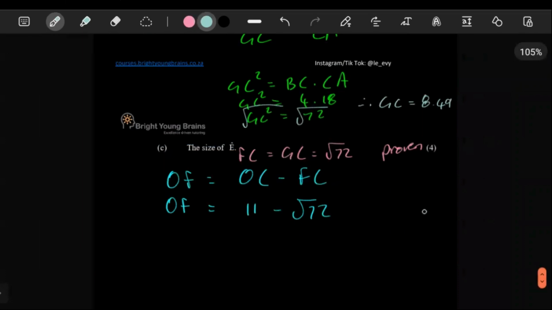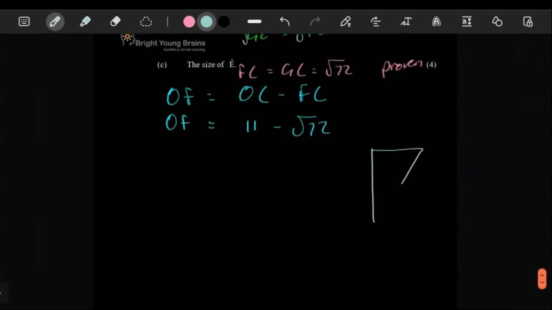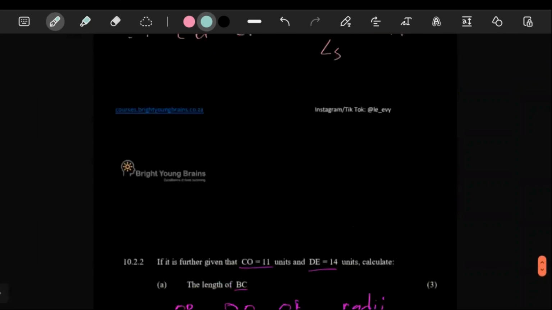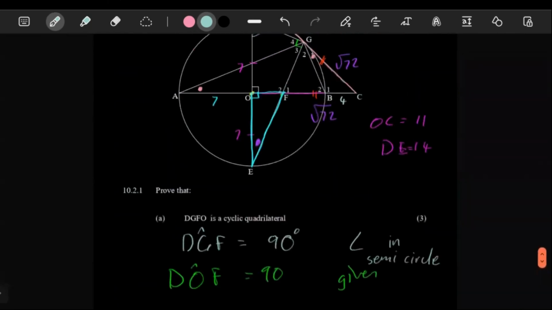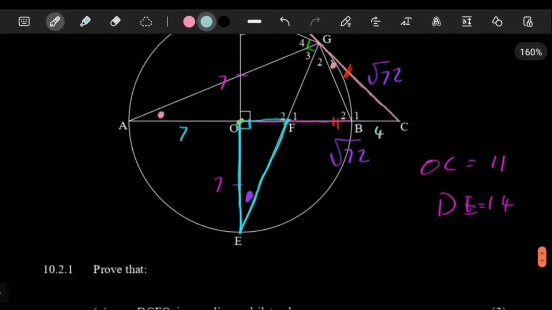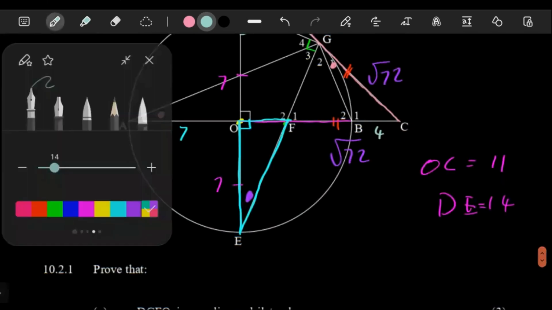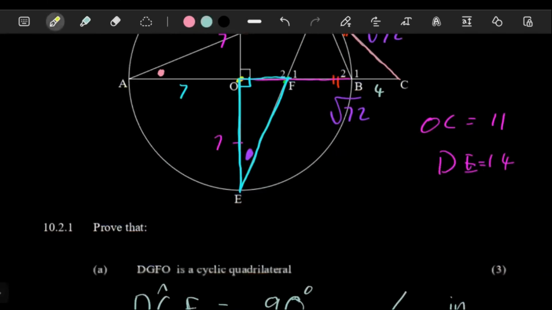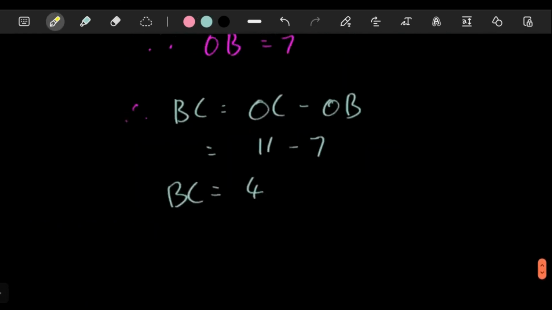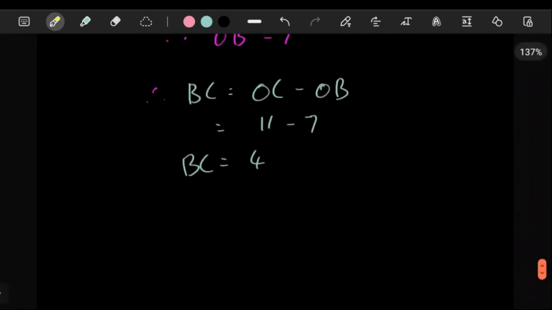So in our right angle triangle, the one that looks like this, we have E here, and here we have a 90-degree angle. This is 7. This is now 11 minus the square root of 72. Now, in a situation like this one, what we know is we're just going to use normal trigonometry to bring it home. So what we can tell them here is that tan E